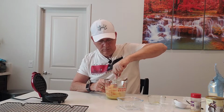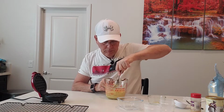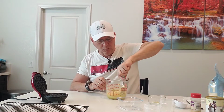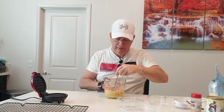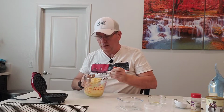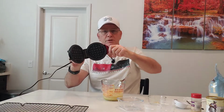Mixed up really good. Now remember, this is going to make about 4. It should make 4, so we're going to divide this into quarters when it's in here. So all I'm going to do is take it, and I got my little mini dash. It's hot, so a little mini dash